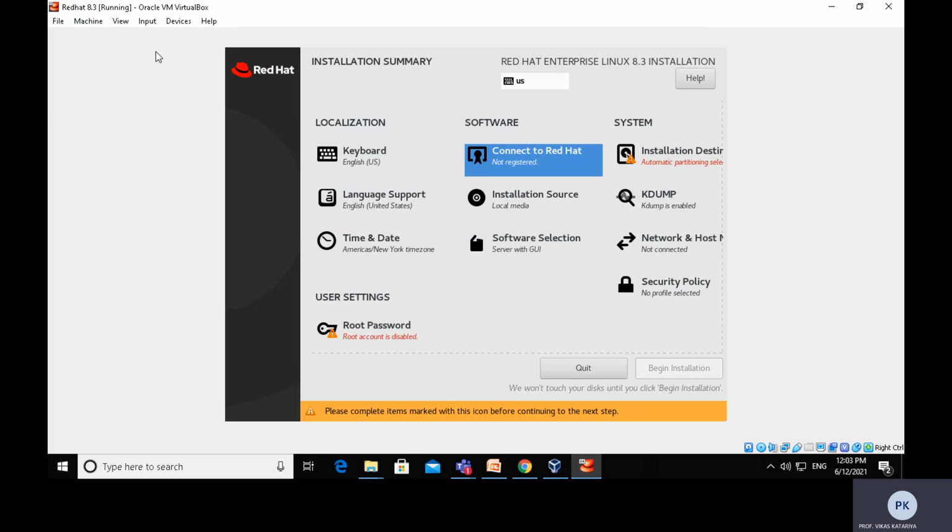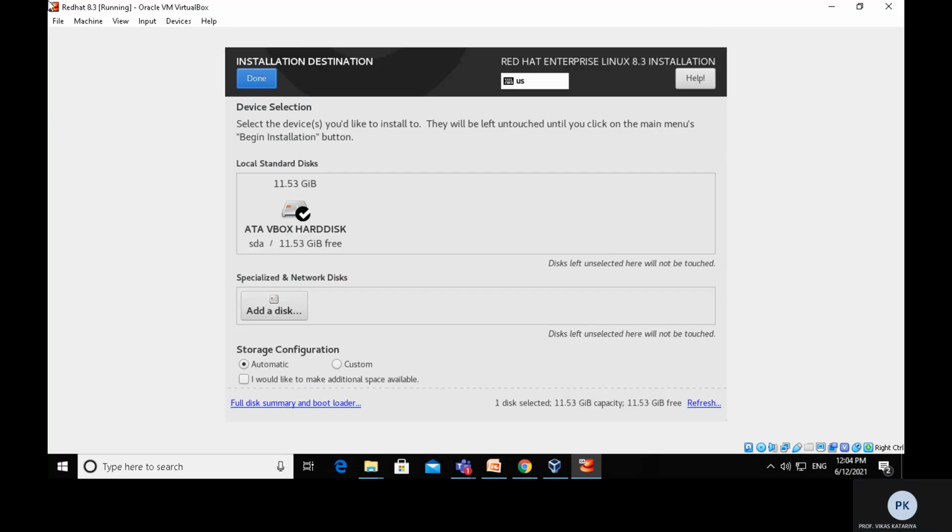For Connect to Red Hat, you need not connect to Red Hat right now. For installation source, you have to select local media. For software selection, keep it as it is, server with graphical user interface. There is no change. For installation destination, you have to select your hard disk, then keep the storage configuration as automatic. Then click on done.